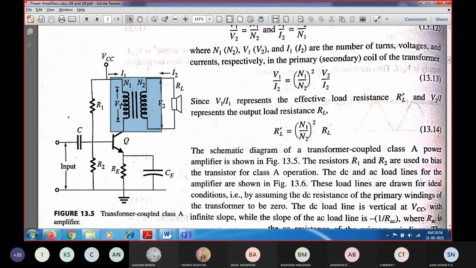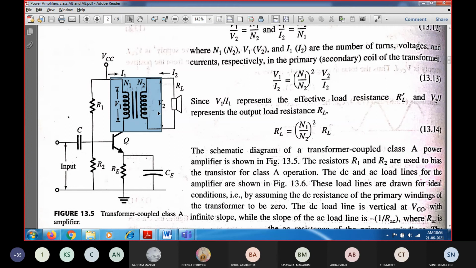So the resistance or the voltage will be zero, V1 as well as V2. Ideally there will be no output voltage. So whenever there is no output voltage, what will be the DC load line? The DC load line corresponds to minus 1 over RL, so R will be equal to 0.